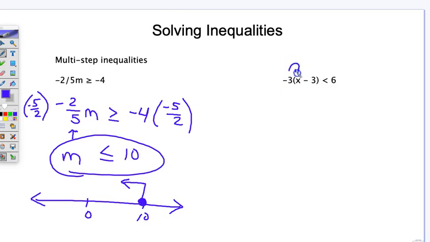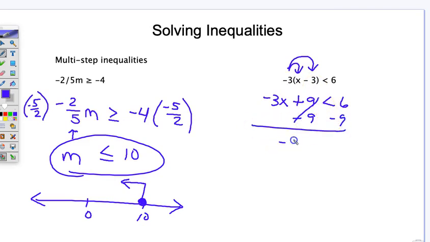In this example, we have a multi-step inequality, so we need to distribute that negative 3. That would be negative 3x plus 9, since this is a negative 3 times a negative 3, is less than 6. Subtracting 9 on both sides would give us negative 3x is less than negative 3. And then, of course, we need to divide by negative 3. So again, we're going to reverse the inequality because we're dividing by a negative,